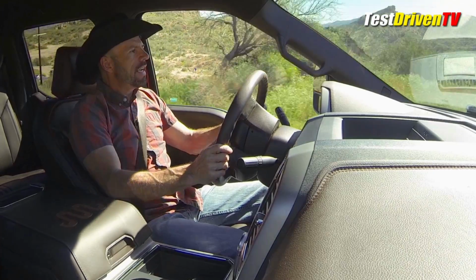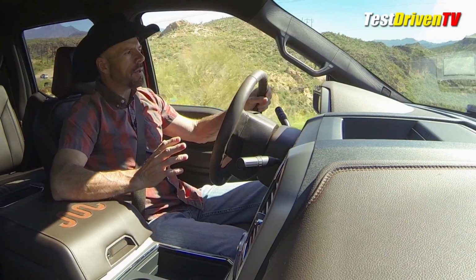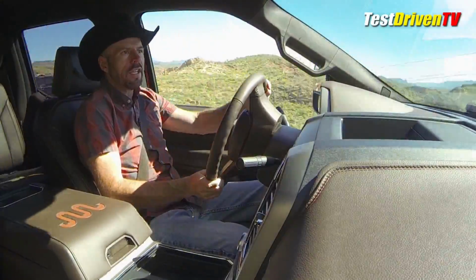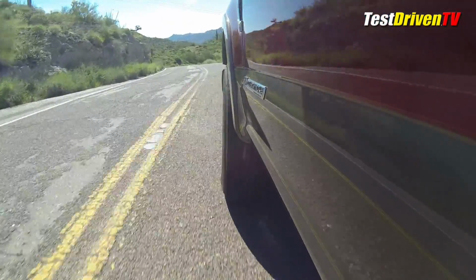it's got 4-wheel drive. And the last Super Duty truck I drove up here didn't handle so well on this bumpy pavement because that solid front axle is very heavy, just like a rear solid axle, and it bounced and jumped all over the place. And I'm glad to report that